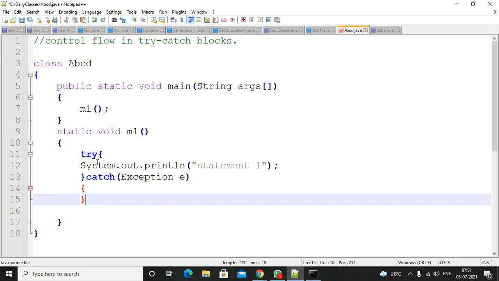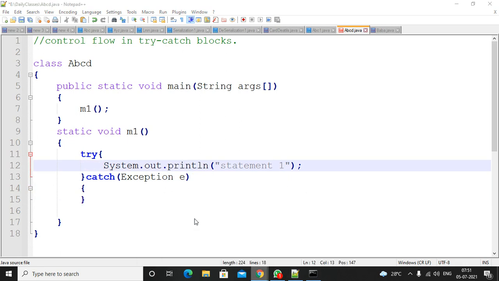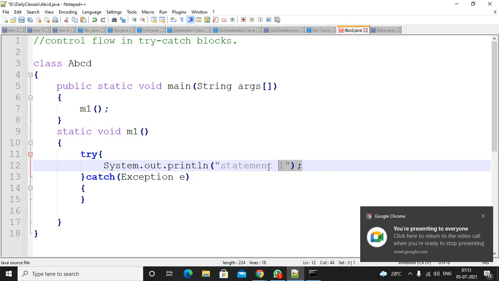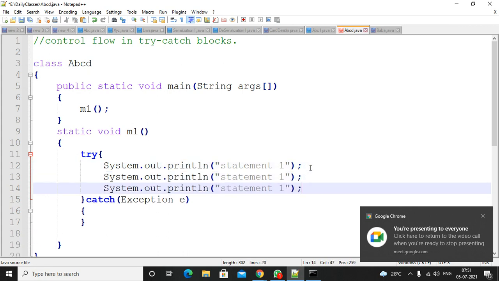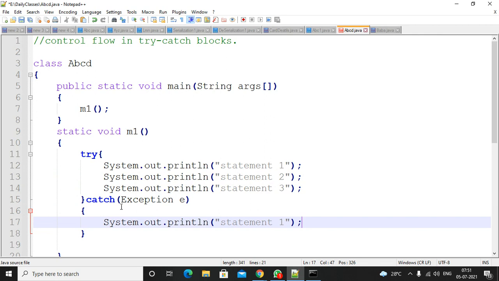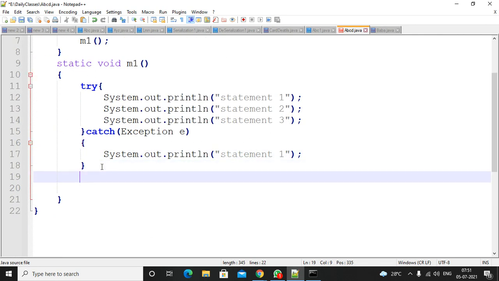Inside the try block, I have three statements: statement one, statement two, and statement three. Inside the catch block, I have statement four. After the catch block, I have statement five.